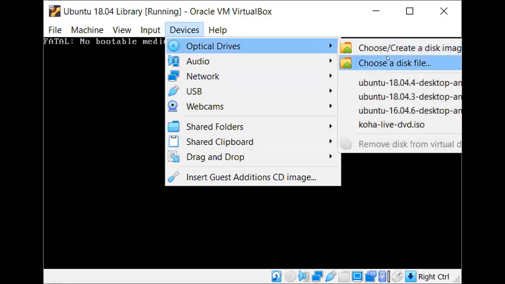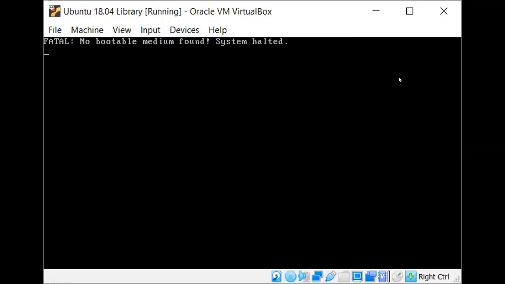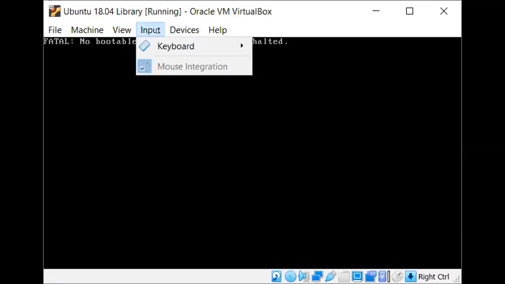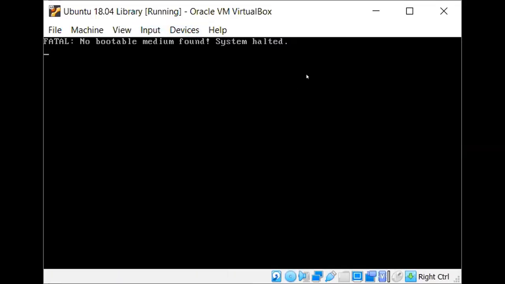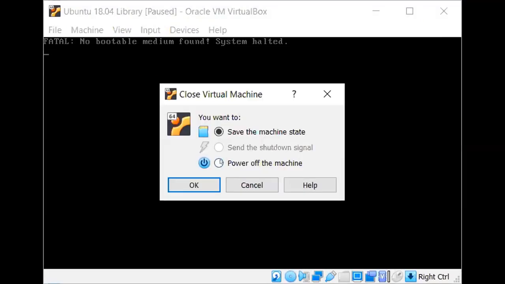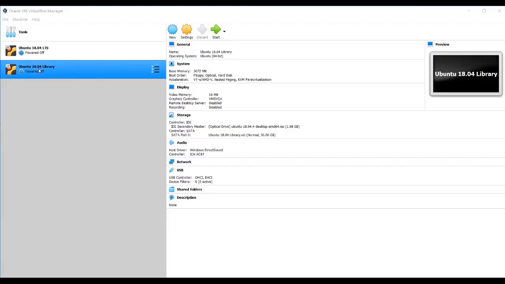Let me show you the steps again. I'm going to share the screen. You need to start the created virtual machine.